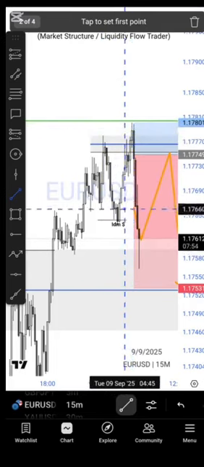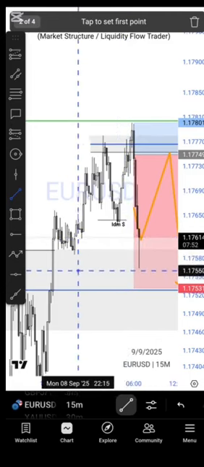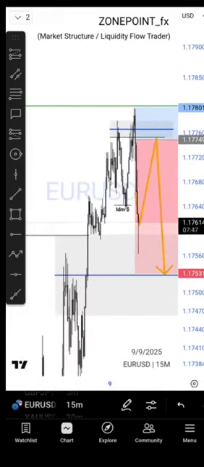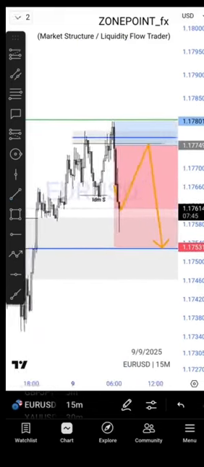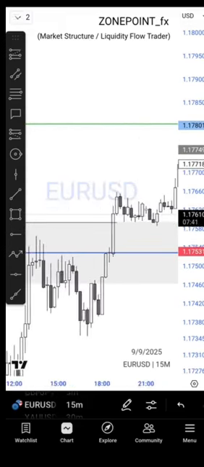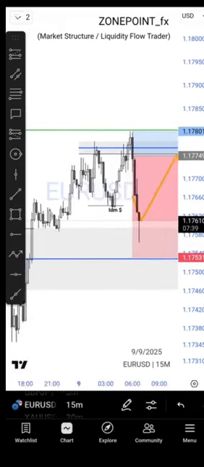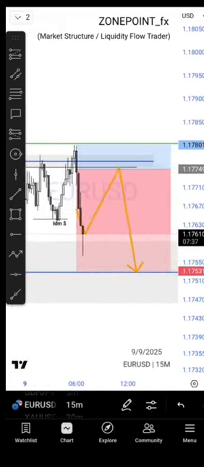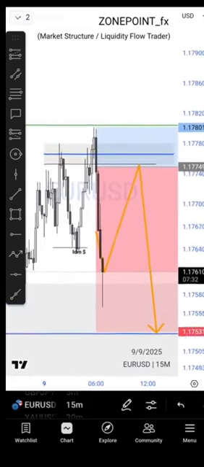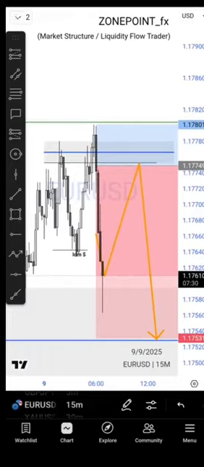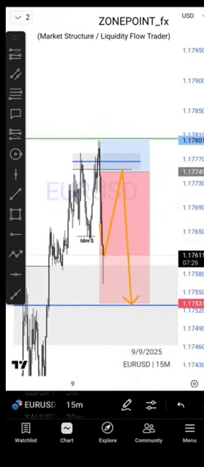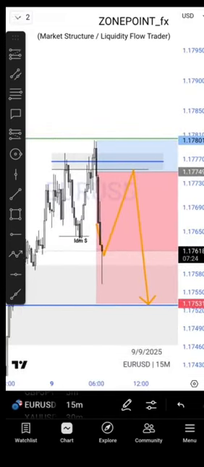And there was a push down. And you can see once price gets to this imbalance, that is an inefficiency area, you can see that candle that moved up. Well, when price gets to that imbalance, price is doing what? Trying to push up. And price is trying to push up to what? To a key level here, MSN. So you can see how sweet it is, but before price will reach here,